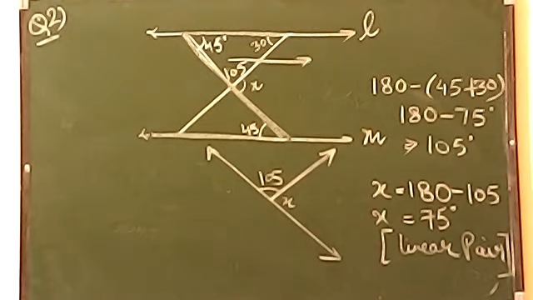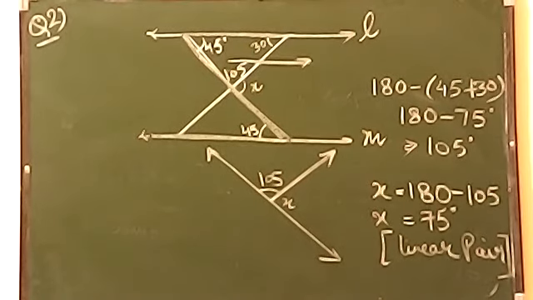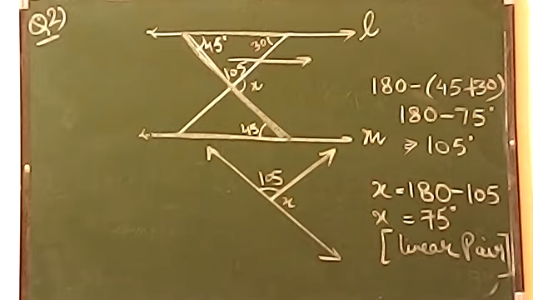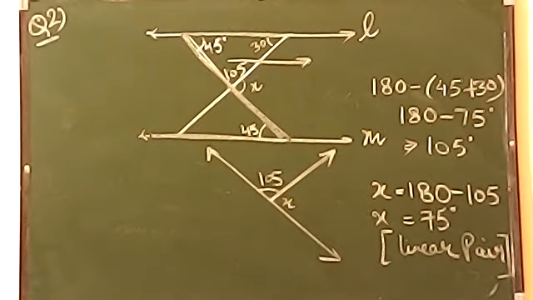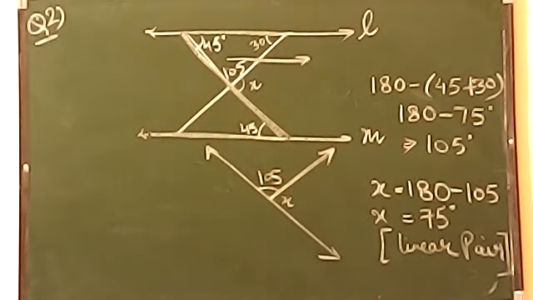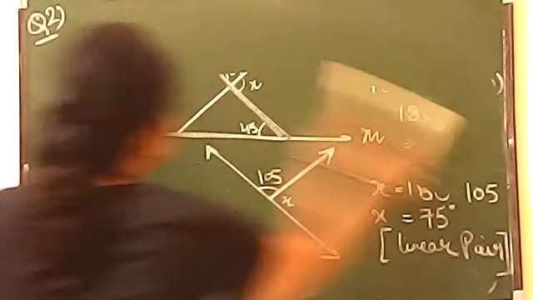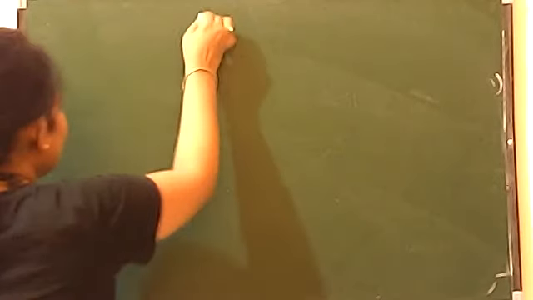Now students, you have only homework pattern of question, and I would request you to try homework question by your own. Only I am telling you question number 2 in front of you, because question number 2 is only little different. Rest all the questions which are given in homework part are very easy. So question number 2 of homework part I am telling you, that is related to a parallel line. So the diagram is just like this.